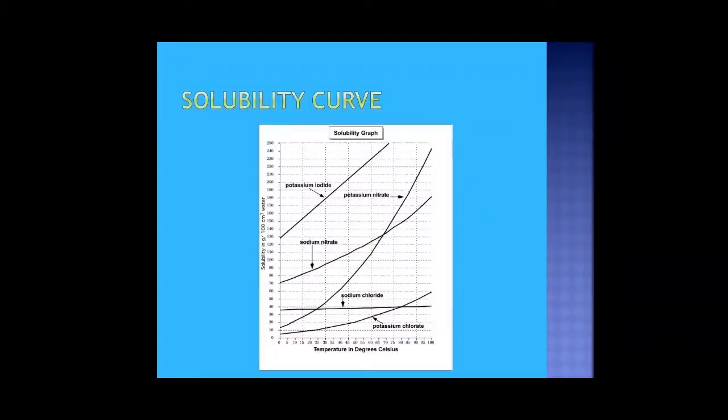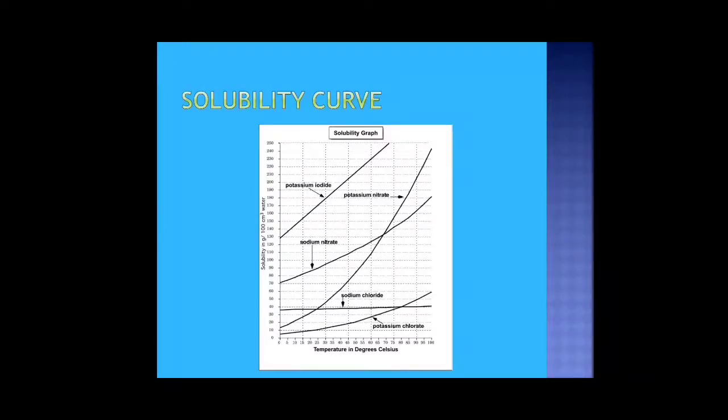Let's see the solubility curve. The solubility curve that we see here shows that with increase in temperature, the solubility is increased. Children, I'd like you to note that sodium chloride shows an increase, but it is a very, very small increase. The increase in the solubility of sodium chloride with temperature is so gradual that it looks almost like a straight line. So there's a question that's often asked: which of the salts show a very gradual or no increase in solubility with temperature? The answer here will be sodium chloride.